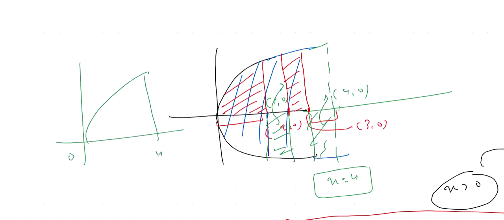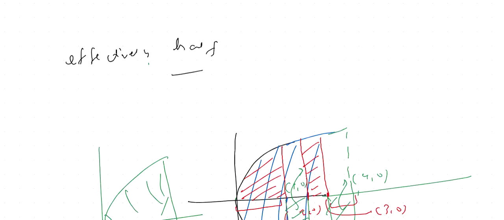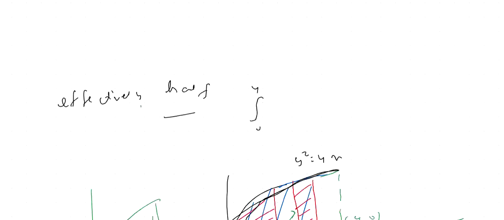So effectively, what we can say is half of this area. So what we can write, 0 to 4. It is y square equals 4x on the upper boundary, right? So we have to take a positive value for this loop. For this loop, we have to take a positive value, right? So what we can write, 2 root x dx